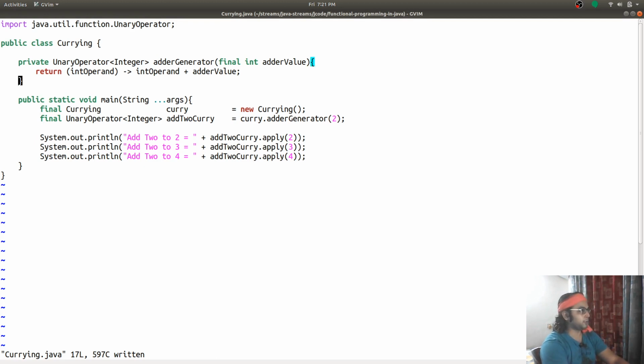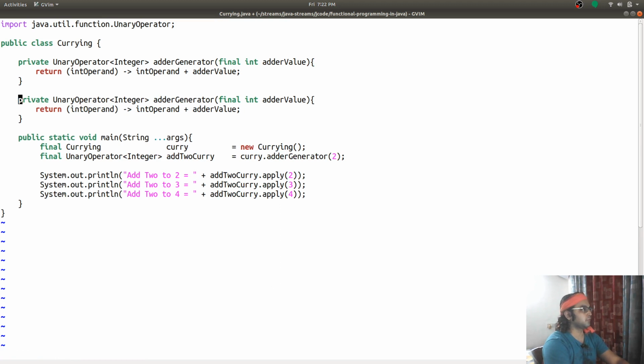Similarly, I'm going to create something like a multiplier generator.